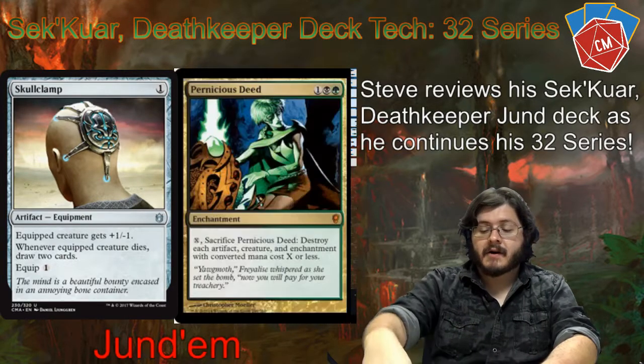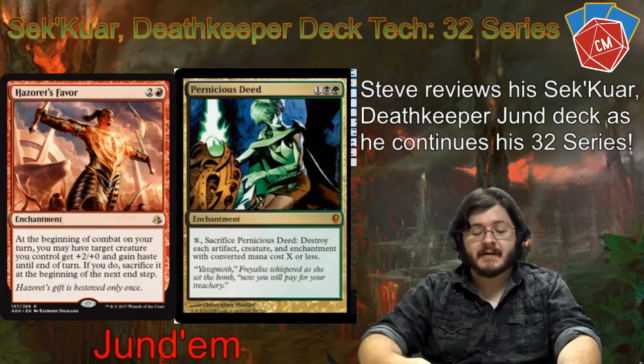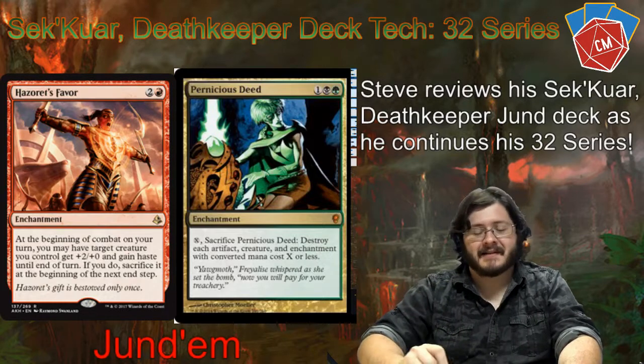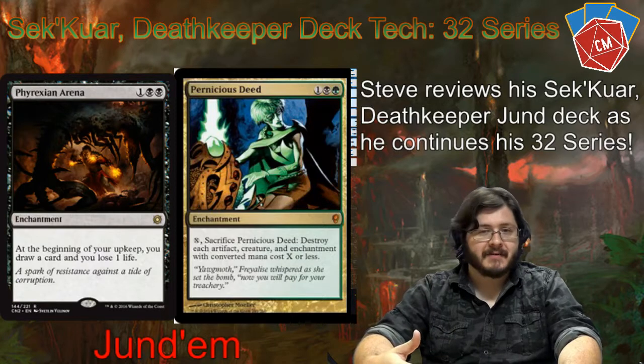Okay, so on from our artifacts, we are on to our enchantments. First up, in my opinion, is Pernicious Steed. I only have 1 copy of this card, and it's because it was expensive for a very long time, then it got reprinted in Conspiracy, got a little bit cheaper, but I've just never...